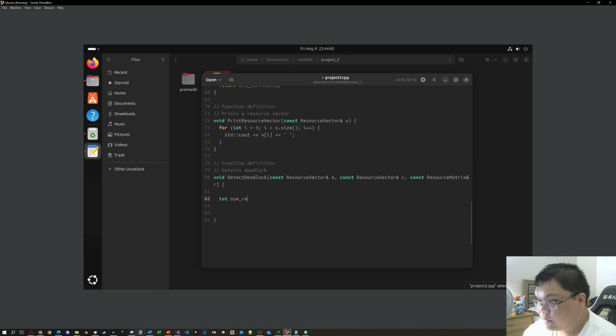How many resources are there? Well, resource vector A, the length of that is how many resources there are. So I could just write in something like A.size. And that's it. That's our number of resources. Next, we need int num processes. How do we get that? Well,